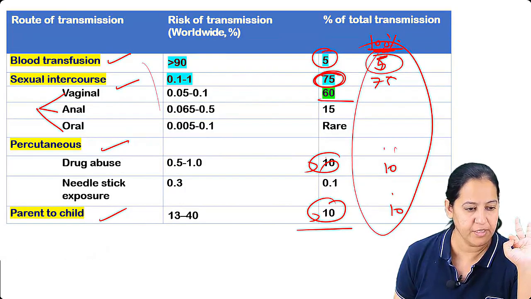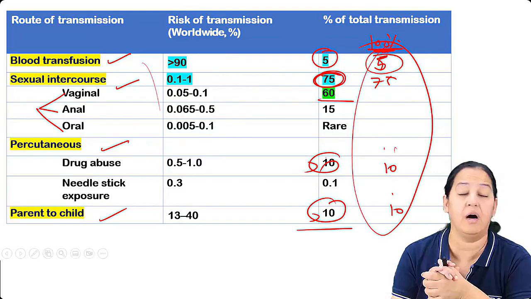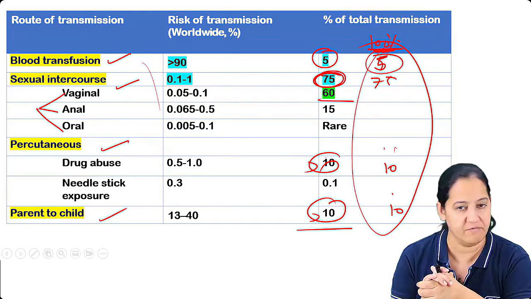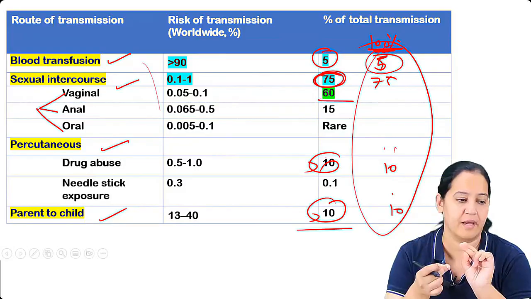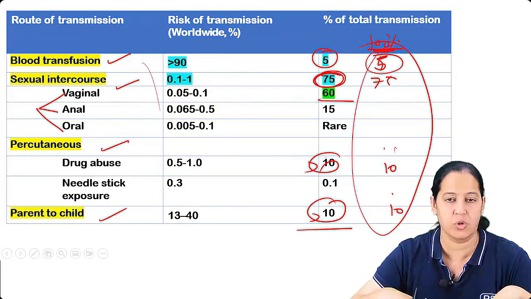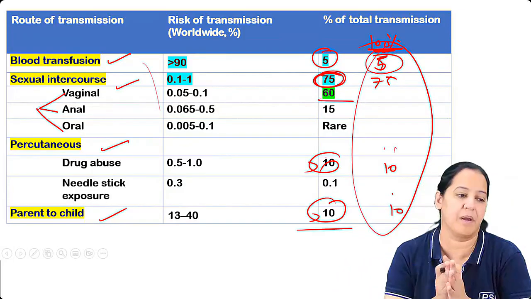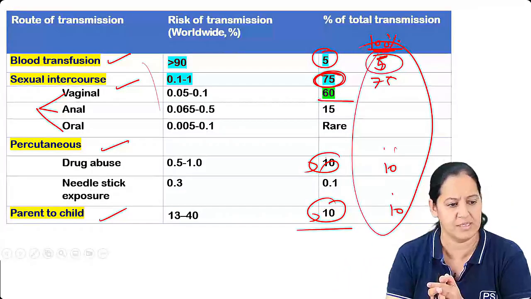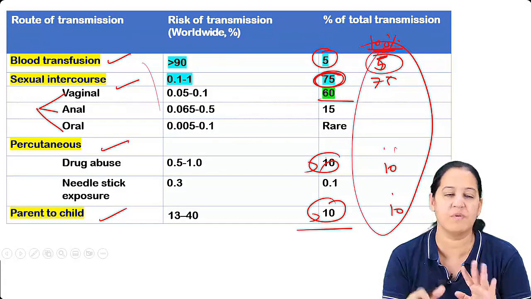In percutaneous, we are aware, so is it prevented in that case? Prevented means whenever we operate on a HIV positive patient, whenever we do the surgery, we wear double gloves. We are more aware that we do not get a cut, and we wear goggles also. We wear shoes also. We are completely covered, so none of our area gets exposed to the blood. So we do that. Yes, we do. But still, a cut can happen anytime, however much precaution we take.